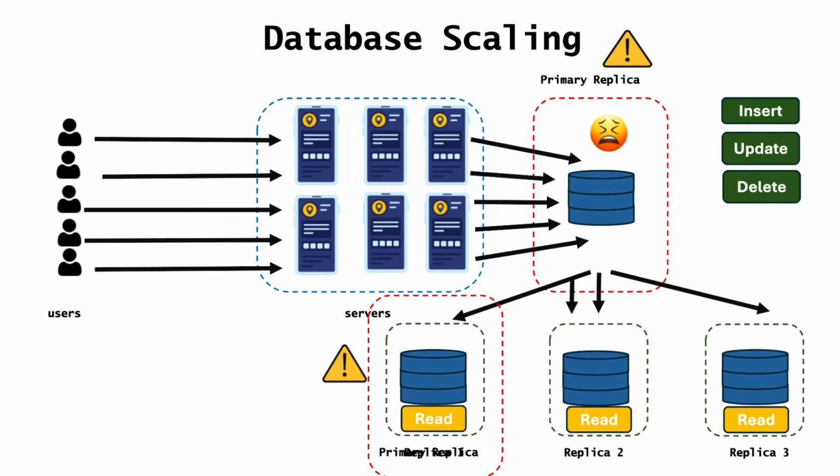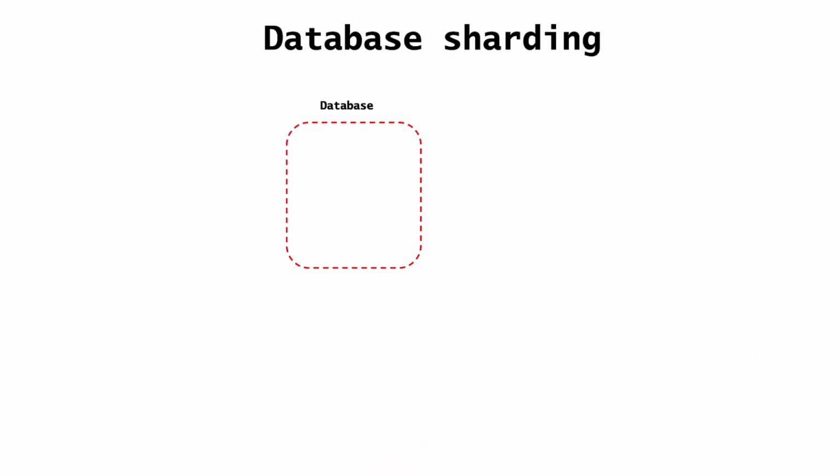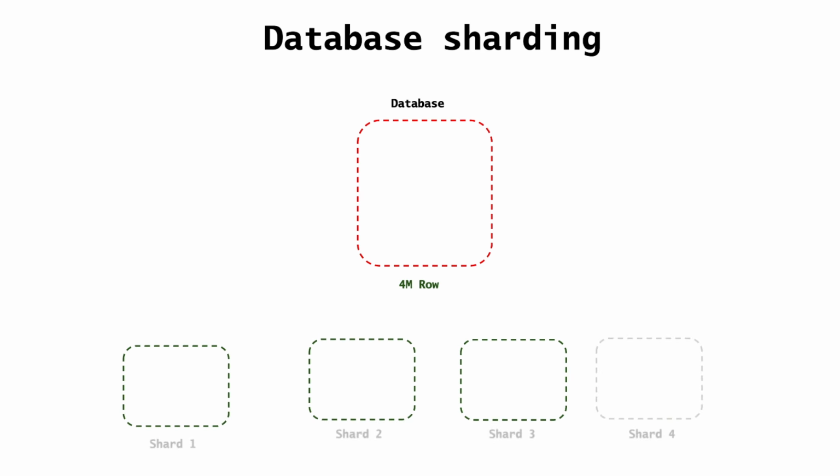As our system keeps growing, even with replication, a single database can still hit its limits. Too much data, too many writes, too much traffic. When one machine can't store or process all that information anymore, we need a smarter solution. And that's where database sharding comes in. Think of sharding as splitting your data into smaller, more manageable pieces, called shards. Instead of storing everything in one massive database, we divide the data across multiple databases, each one responsible for just